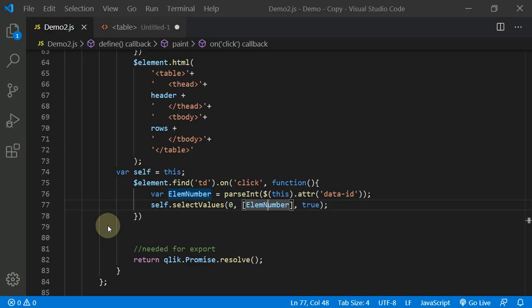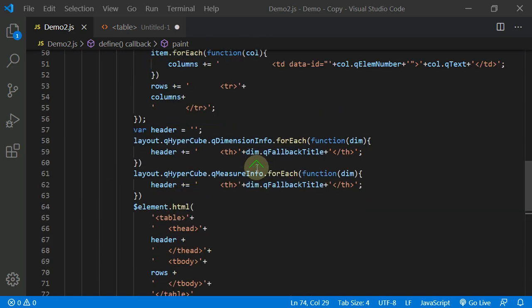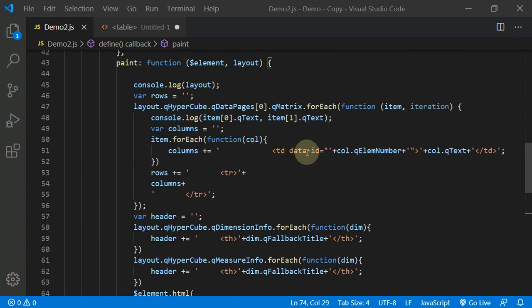So to make it happen, what we need to do is add this attribute only for the dimension columns, not for the measure columns. To detect whether the particular column, so we are looping over all the elements in the item, right?